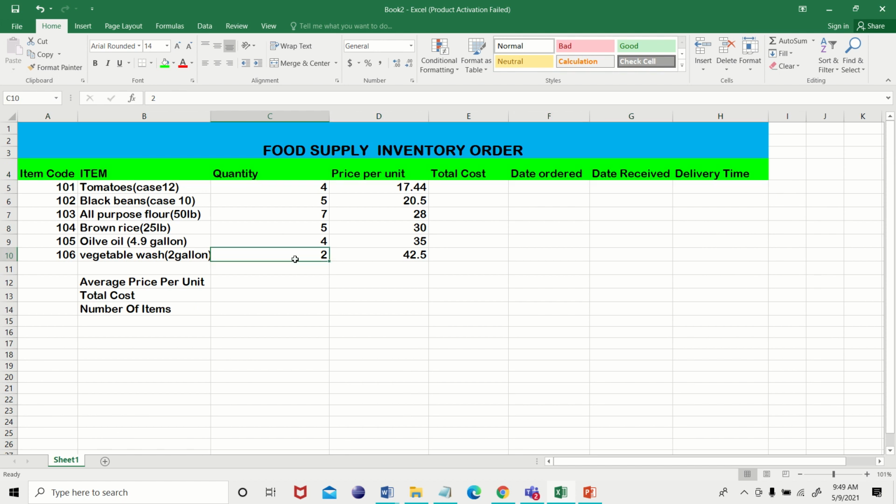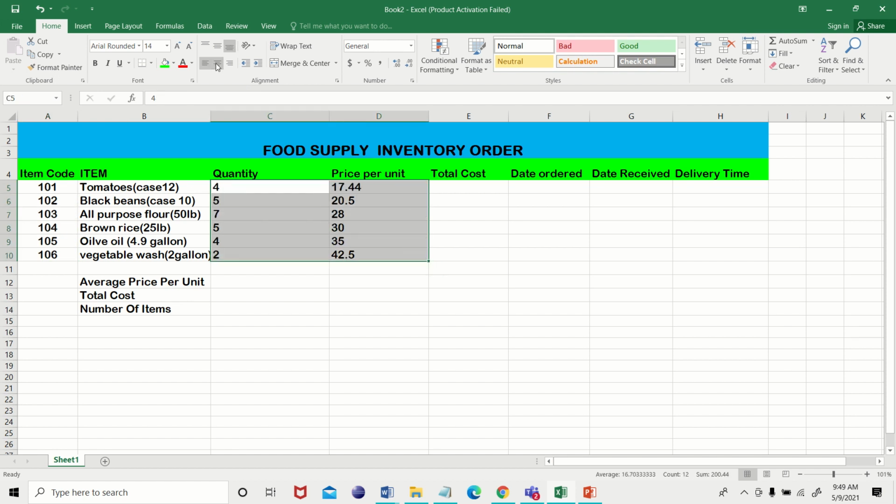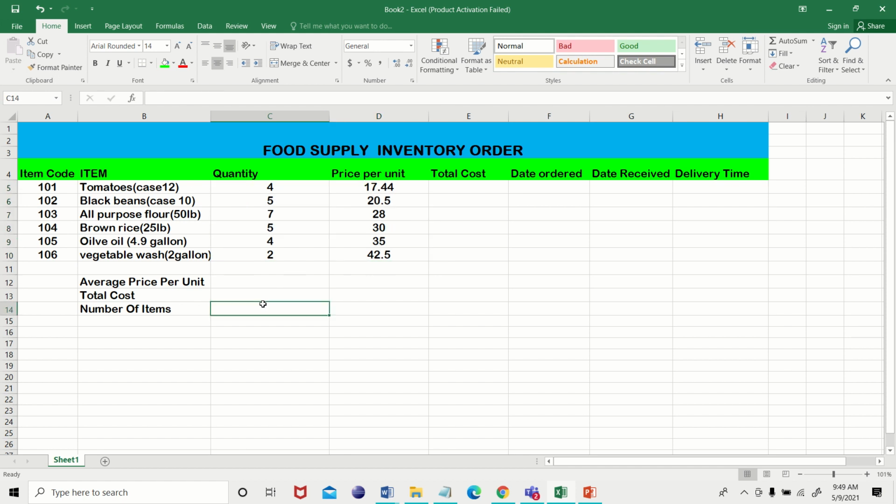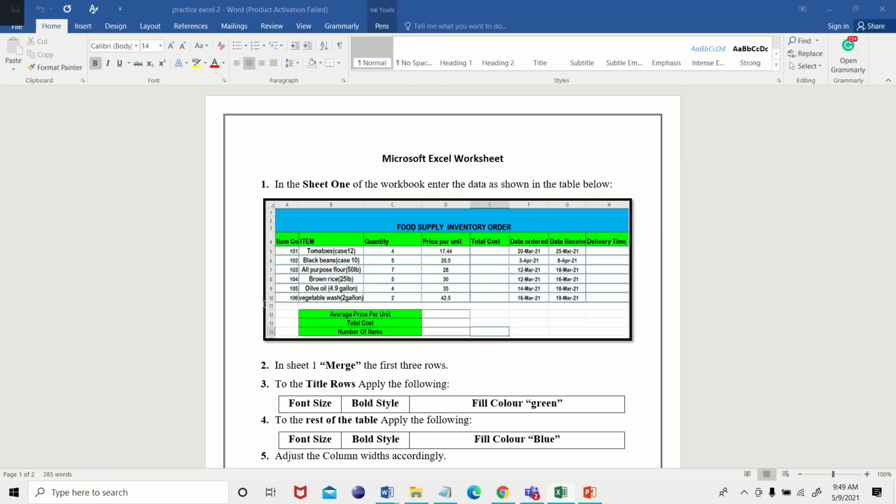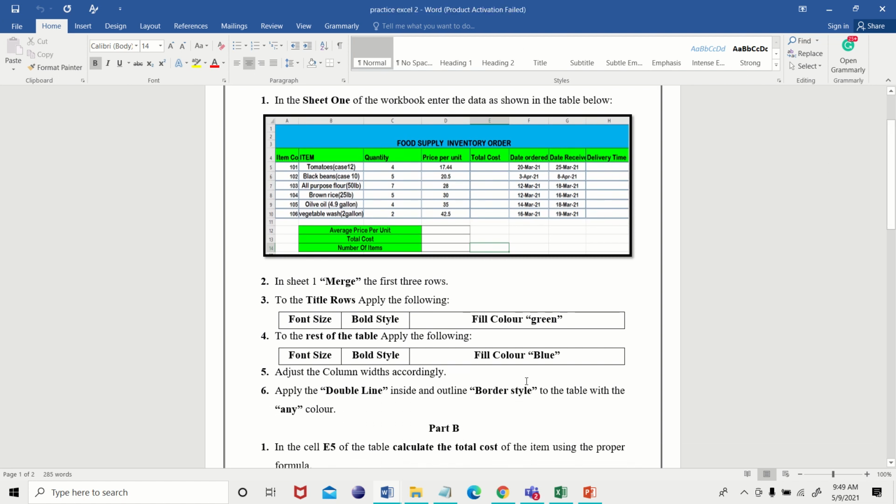Okay, that's good. Next I'll put everything in the center. Always make sure the numbers are in the center. Okay, now we have completed all this. Now we can give the border for the table.